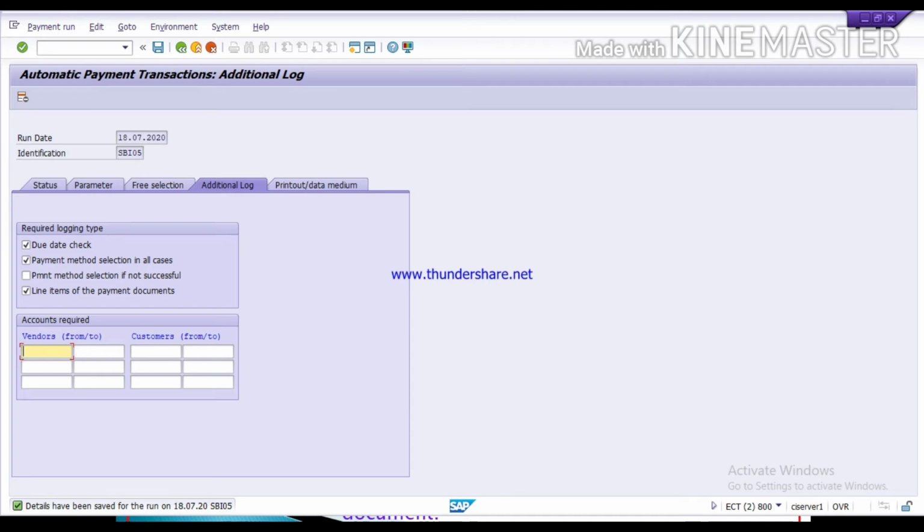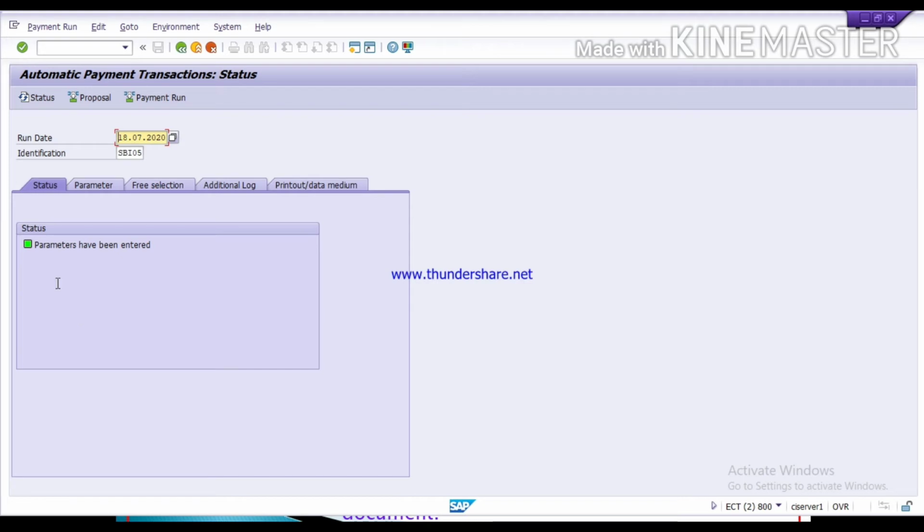Now you will get the message. Details have been saved for the run date 18 July 2020. Now we'll get back. And here you will see the status. Parameters have been entered.